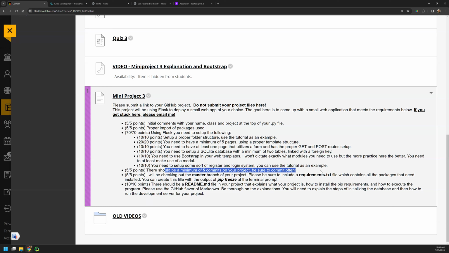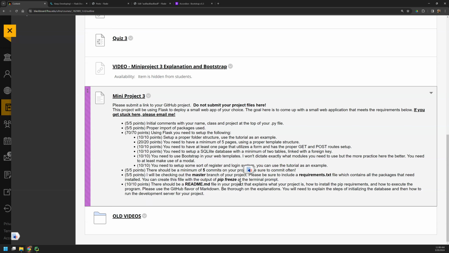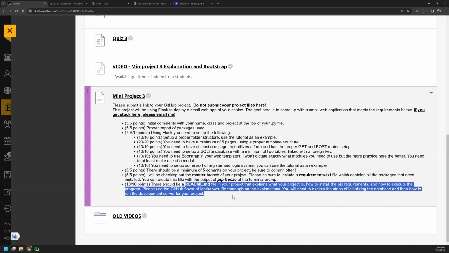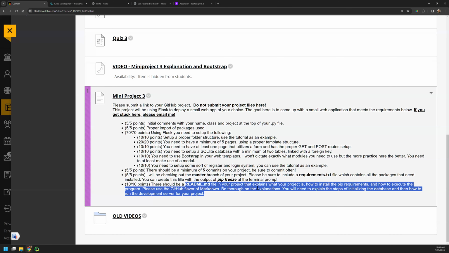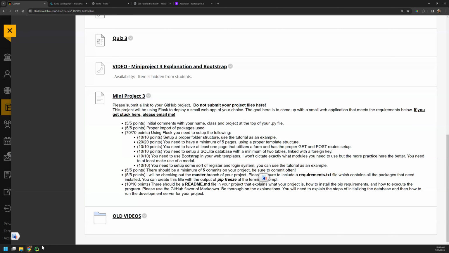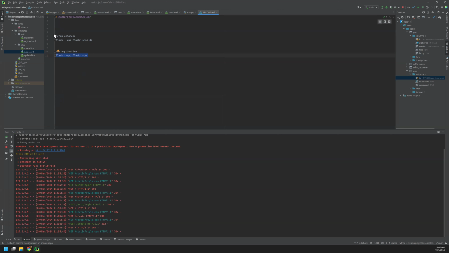You should have 5 commits on your project, and I'll be checking out that master branch again. Make sure you do all your pip requirements. So now that you have everything up, you pip freeze and go in. And then for your README section of it, you need to make sure you copy out the README template. I specifically want to know the commands to run your app. So if you go back here and look at my README, these two should be in the setup section of